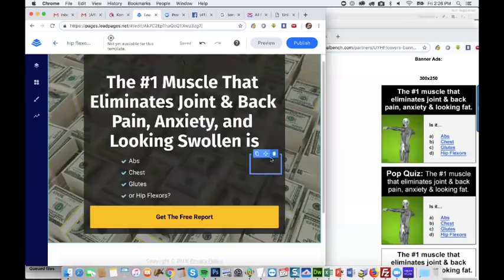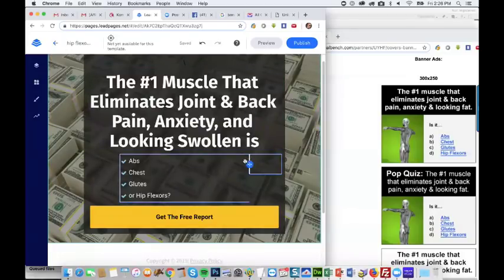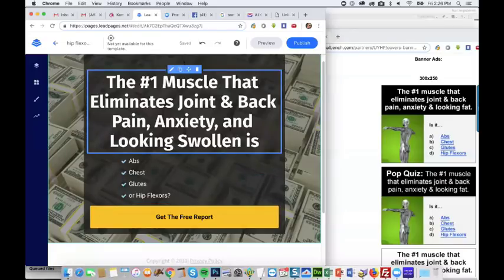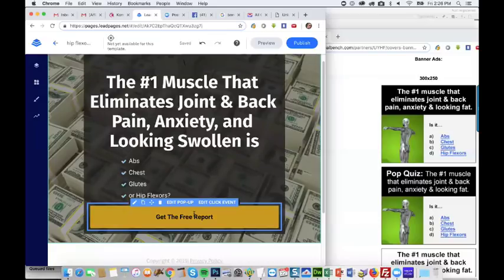All right, so this is like a curiosity play. It's not something that's obvious. Most people might think of abs, your core or whatever, but obviously it's hip flexor. So let's say it's not going to be a free report.